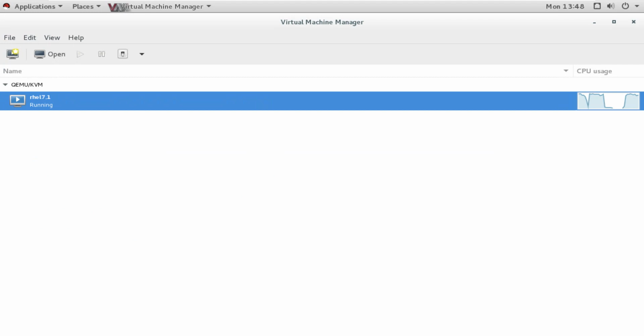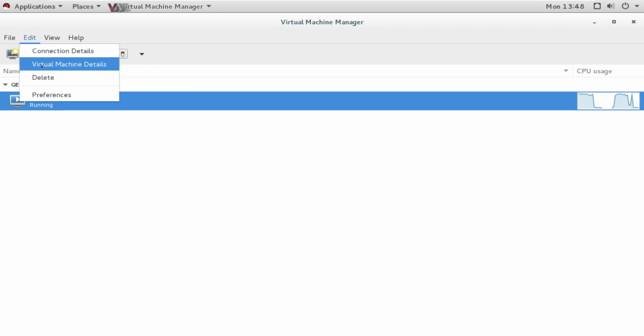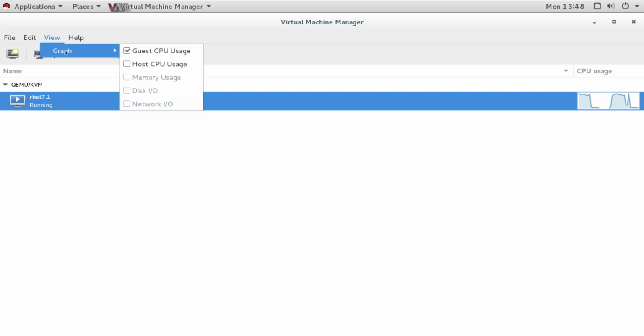This is our Virtual Machine Manager, where we can manage the machine, we can create new, we can open the existing machine, we can play, we can run, we can pause, we can shut down, or we can do reboot and all these things. We can add connection, new virtual machines, we can edit the connection details, see the virtual machine details, and we can add performance. We can delete the virtual machines also. We can see the graph of the virtual devices also.